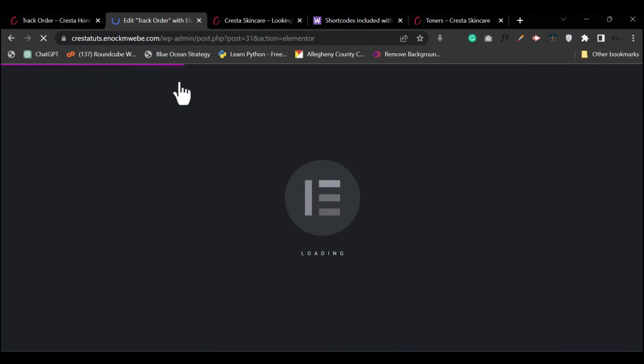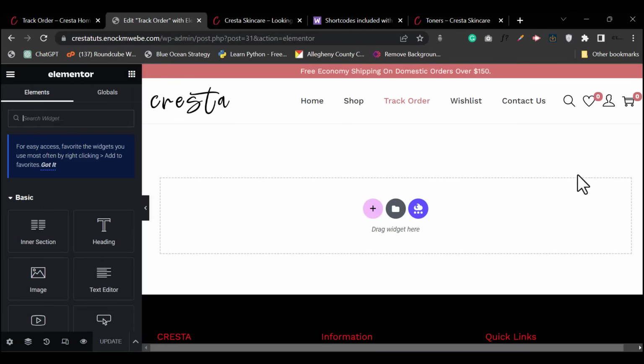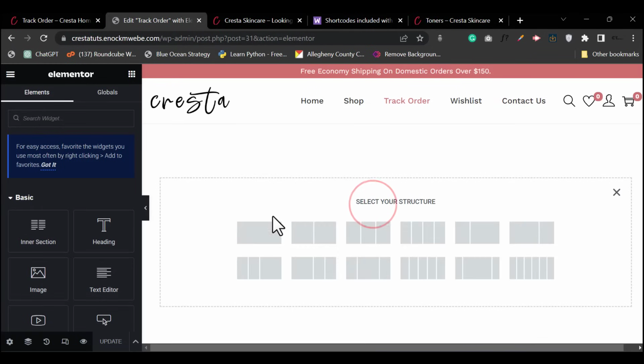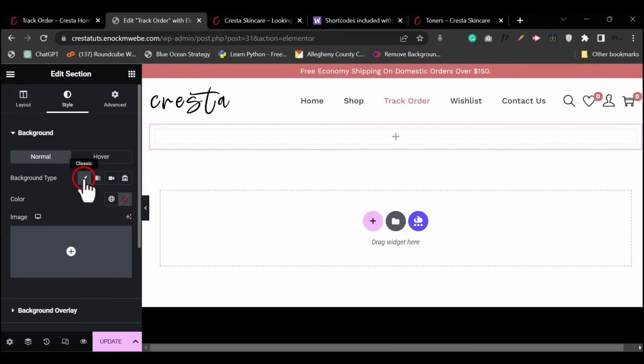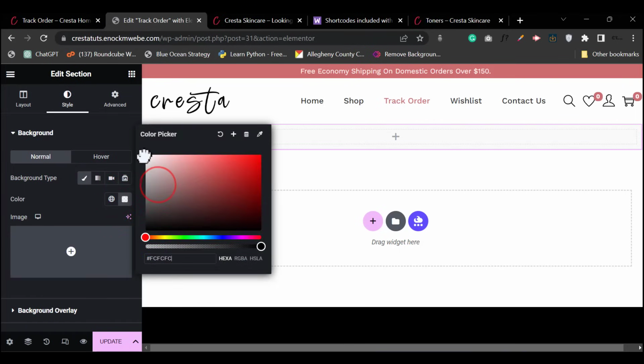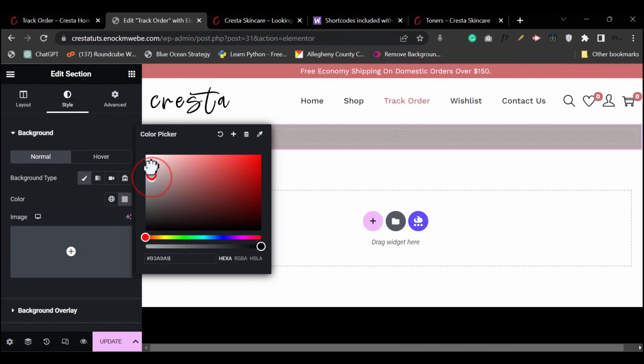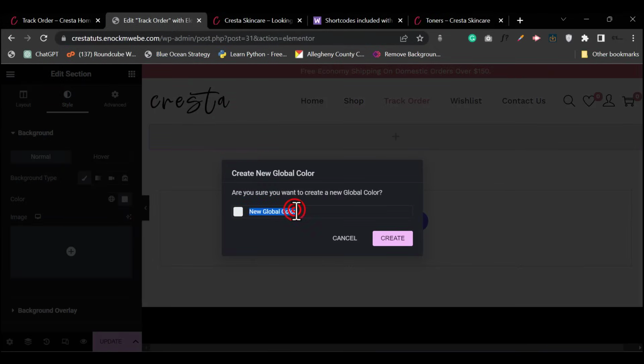All right, and what I'm gonna do is, first I'm gonna create a section just like this, and what I'm gonna do is give it a background and a style of a light kind of shade, something like this. Yeah, and I'm going to save this as a global color. So page header bg, okay,